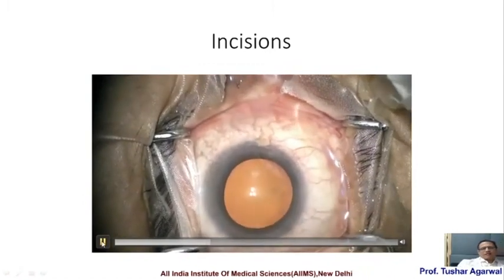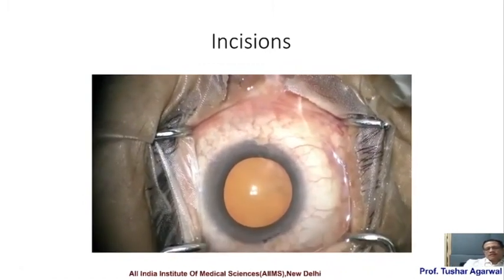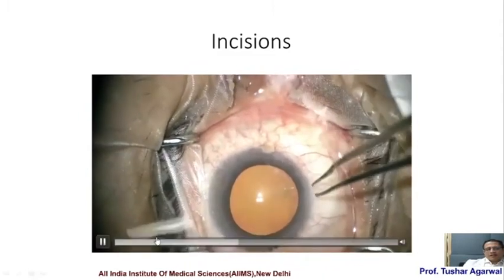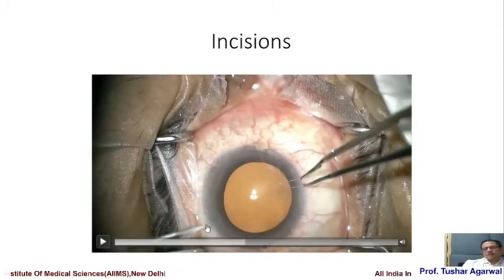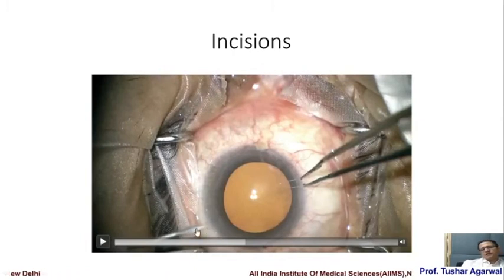Having constructed the main port, we move on to the side port. Again, as I said, you have to imagine the instrument which is going to be passing through each port. So in the case of the left side port for a right-handed surgeon, the main instrument which is going to be going through this port is the chopper. So your intended direction of this incision should be as if you're trying to insert the chopper into the eye.